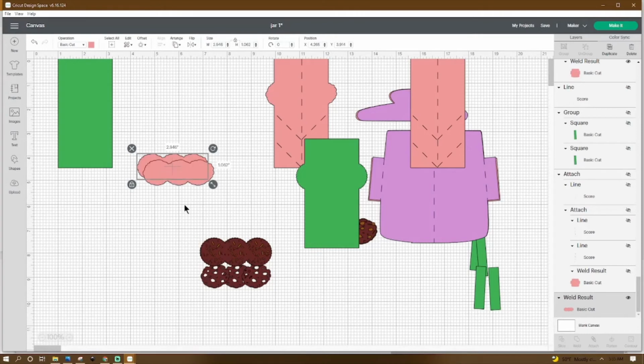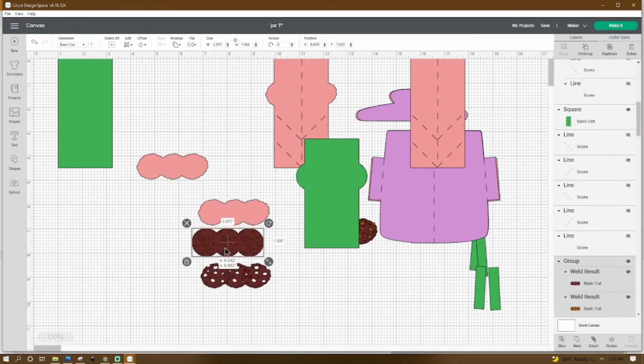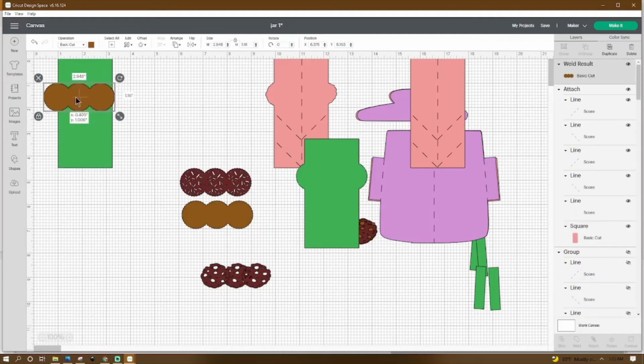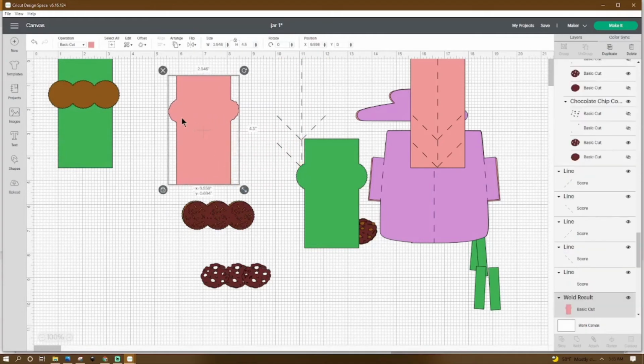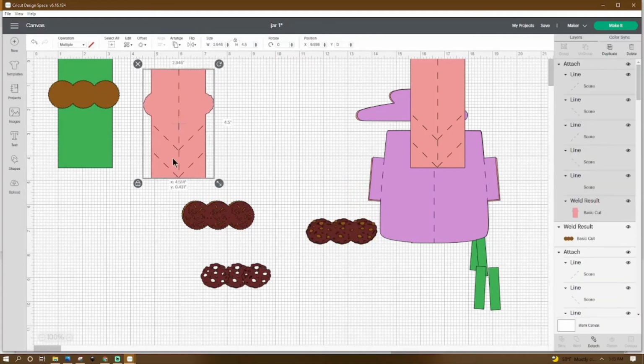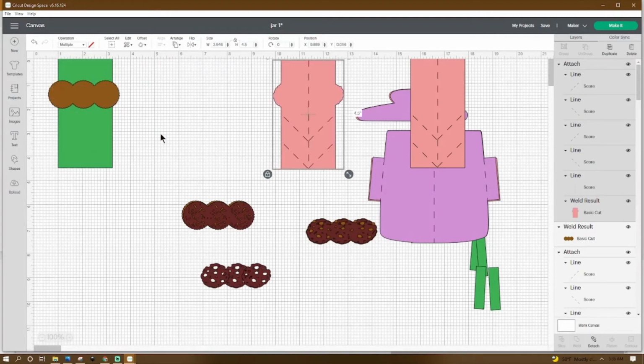And we need to duplicate it because we're going to need another one of these pieces again. And then once we have it, I'm just going to use this one as kind of a guide where we need to position our cookie. Oh, and that's about where we need it. How about that? Okay, so